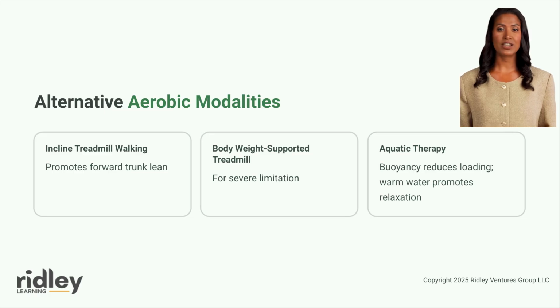Treadmill walking, while potentially provocative of neurogenic claudication, can be incorporated through incline protocols that promote forward trunk lean. Walking on an inclined treadmill naturally induces the forward flexed posture that relieves symptoms, often allowing significantly longer walking duration than level ground ambulation. Body weight supported treadmill walking, using overhead harness systems that partially unload body weight, provides an additional modification for patients with severe limitation. Progressive reduction of body weight support and transition to unsupported incline walking, then level walking, represents a systematic advancement toward